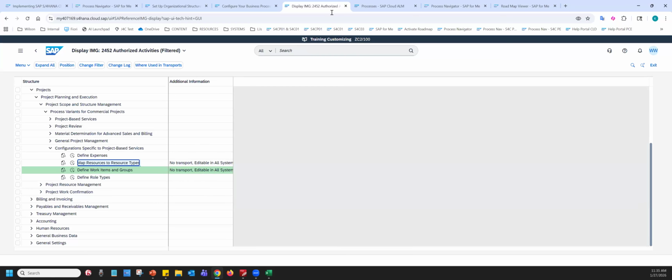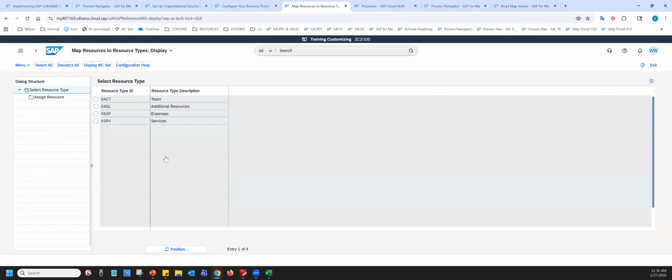Anything that's not transportable, you're going to want to open up another browser tab. So what I would do is if you have two screens, I would open up another tab in my browser. I'd pull that tab off to my other screen. I would stay logged in right here to my customizing tenant of my development system. On my other screen, I would log into my test system. And in my test system, I would just go into the Implementation Activities app, and I'd open the same configuration activity in my test system,